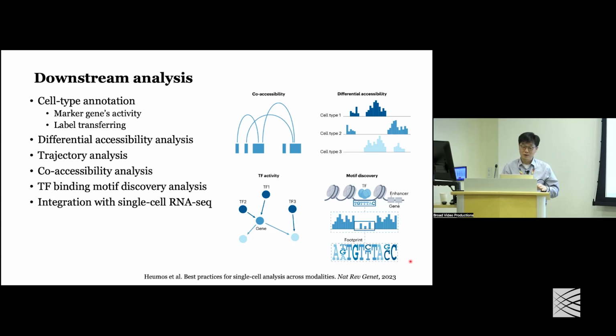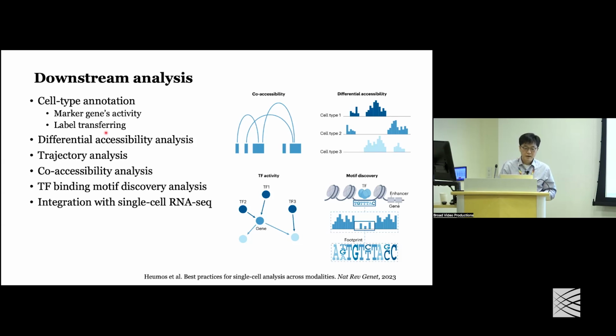You have to annotate the cells. You can rely on the marker gene activity, or you can rely on single-cell RNA-seq data to transfer the label to the ATAC-Seq. You can also do differential accessibility analysis across the different cells. You can also apply different clustering algorithms to find the pseudo-time or the trajectory of the cell differentiation